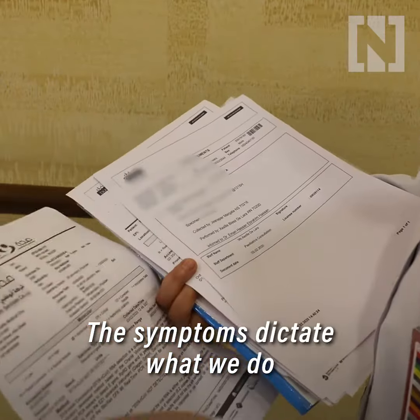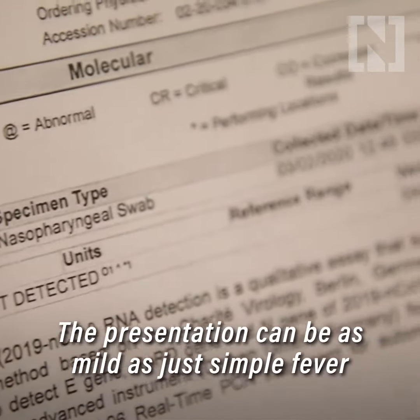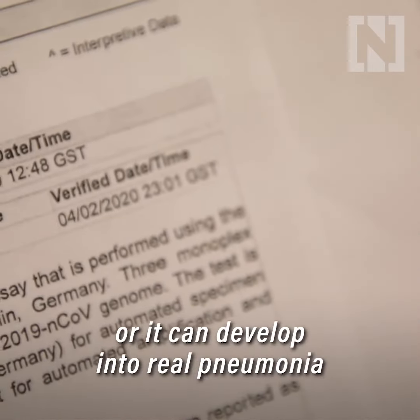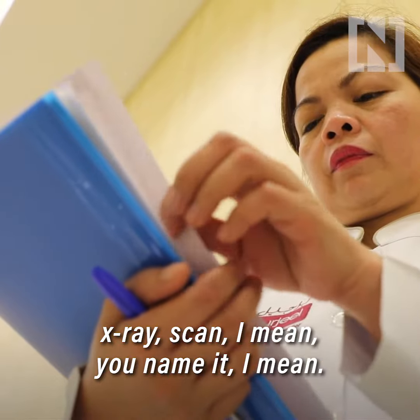The symptoms dictate what we do for the patient individually. The presentation can be as mild as just a simple fever and a little bit of cough, or it can develop into real pneumonia where the patient needs to have an X-ray, scan,